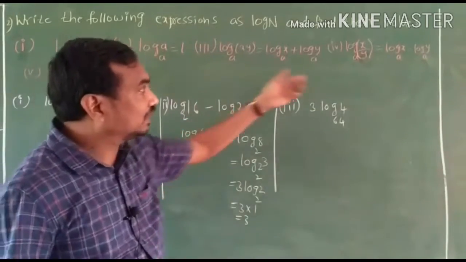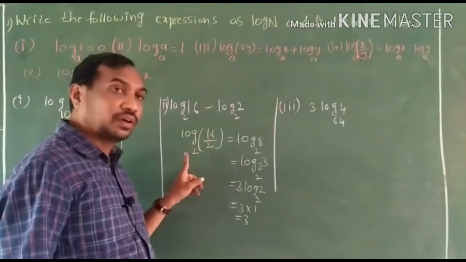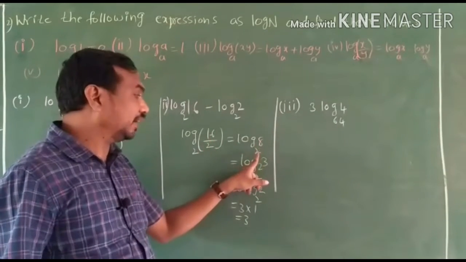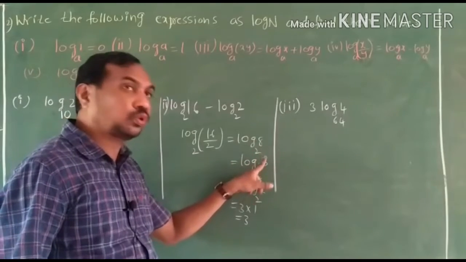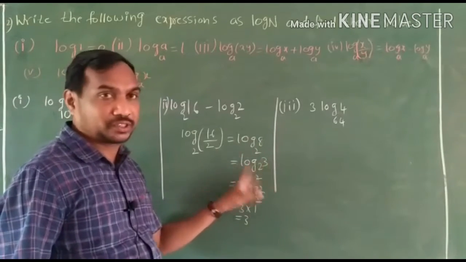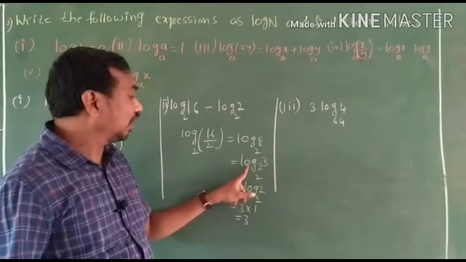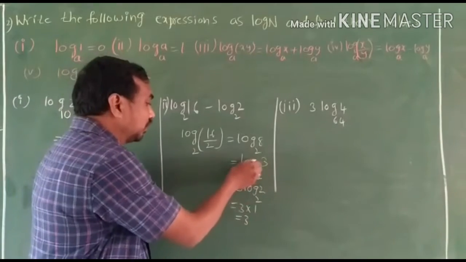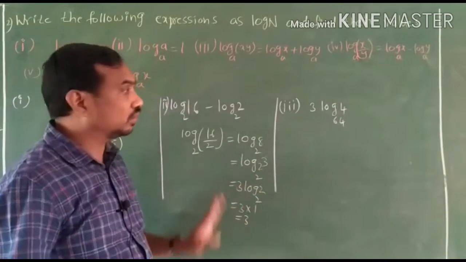Log అంటే మనం LHS లాగా రాస్తున్నాం, log x by y to the base a. Log 16 by 2 to the base 2. That is 16 by 2 means 8. Log 8 to the base 2. Again log 8 can be written as 2 cube. Log 2 cube to the base 2. Again this is converted using the power formula, log x power n to the base a. That is, we can write this one as 3 log 2 base 2. That is 3 into 1 equal to 3.